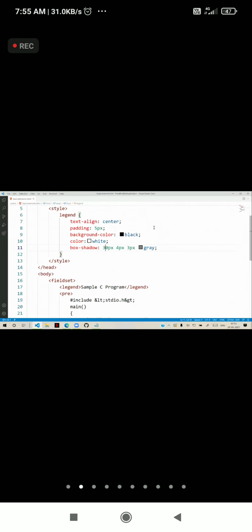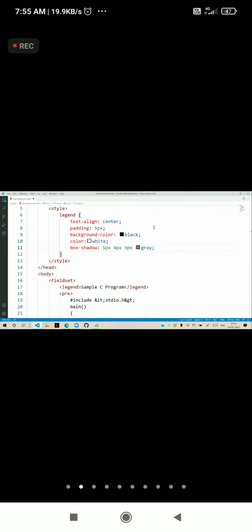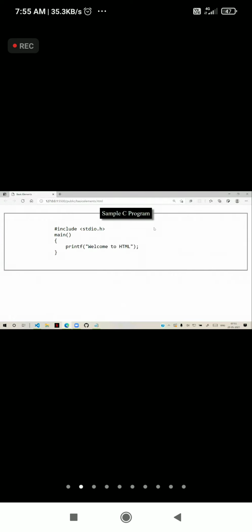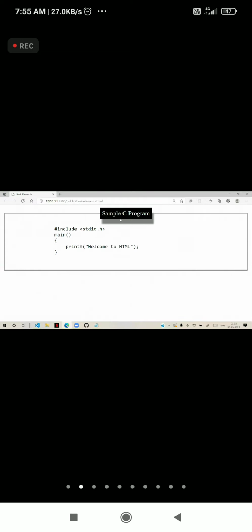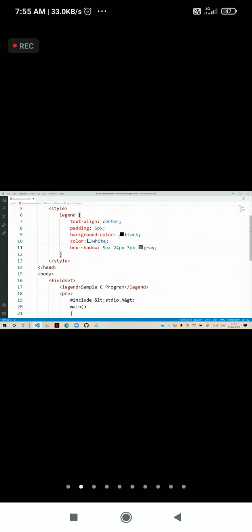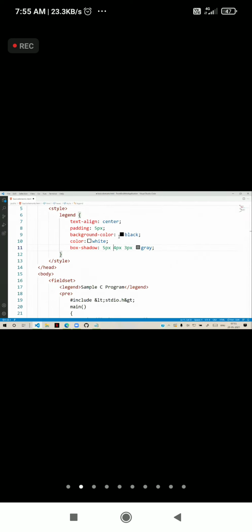So I will put horizontal 10. Okay, that is 10. Horizontal I will give as 5. Okay, a little bit more left side. Second value is vertical. Vertically 14, it will come down. Shadow will come down. So vertically you say 24. That means it will come more down. So vertically how much? 4.